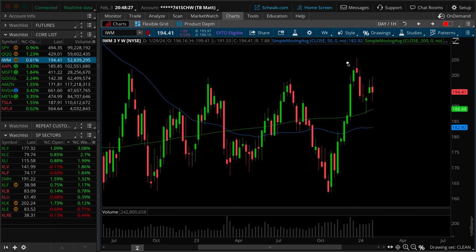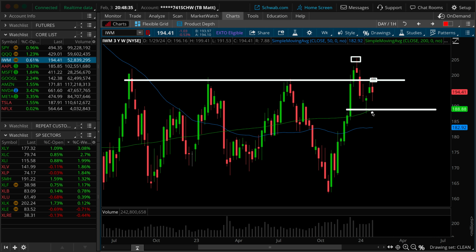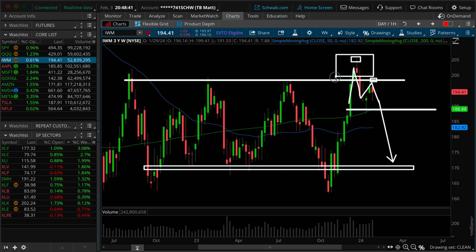What we want to avoid is this turning into a lower high. Then all of a sudden that starts to feel like, right, this is a failed breakout. This is a lower high. If we reattempt the low of the hammer, it's game over, right? That turns into a lower high double top on the weekly. Then we look for lower, back down towards the bottom end of the range, noting that this is a failed